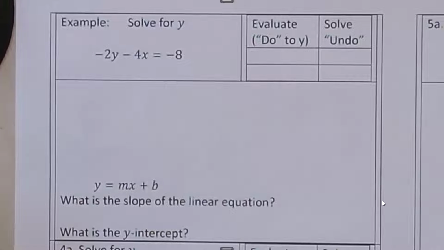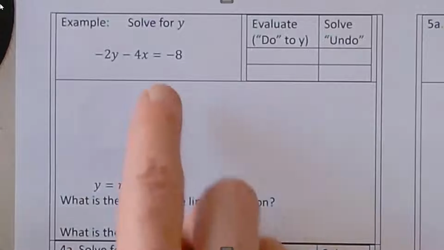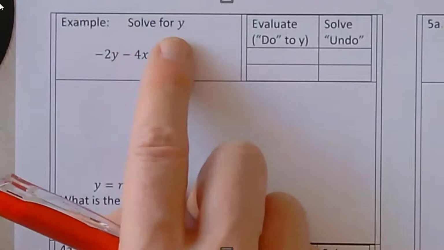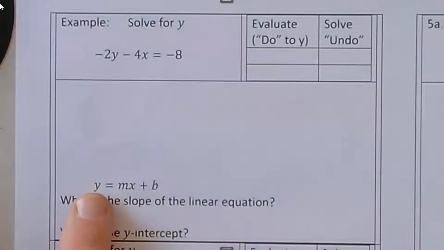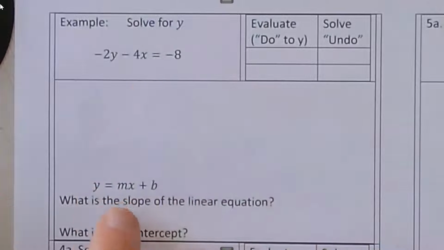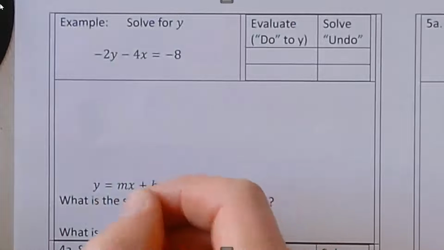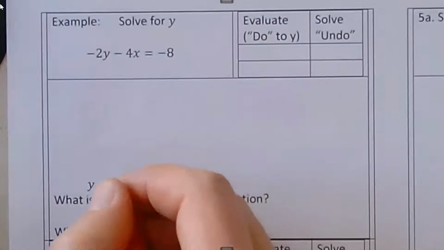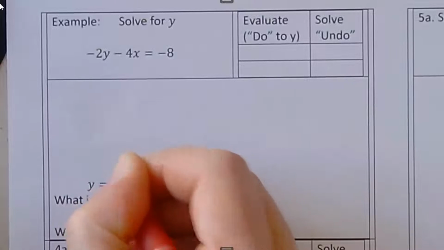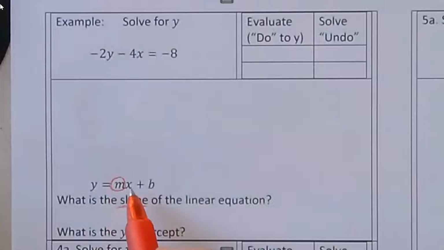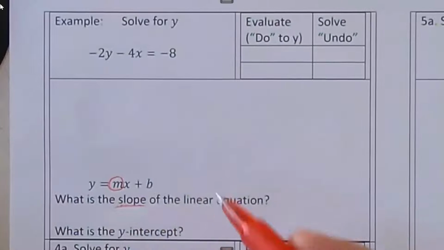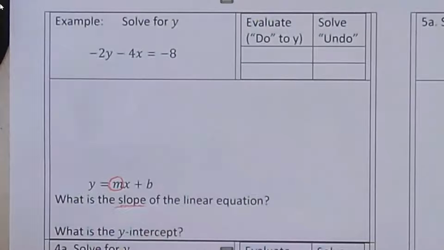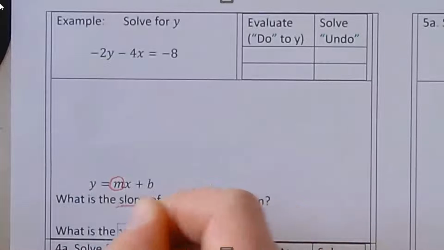In this video, we're going to show how to solve for a certain variable, and we have done this before. A reason that we want to be able to solve for a variable, in this case, solve for y, is because once we solve for y and get our line in the form of mx plus b, a lot of us already know that the slope of a line, when it's in this form, is m. So whatever number I have for m that multiplies times x, that's my slope. And a lot of us know that the y-intercept of a linear equation,